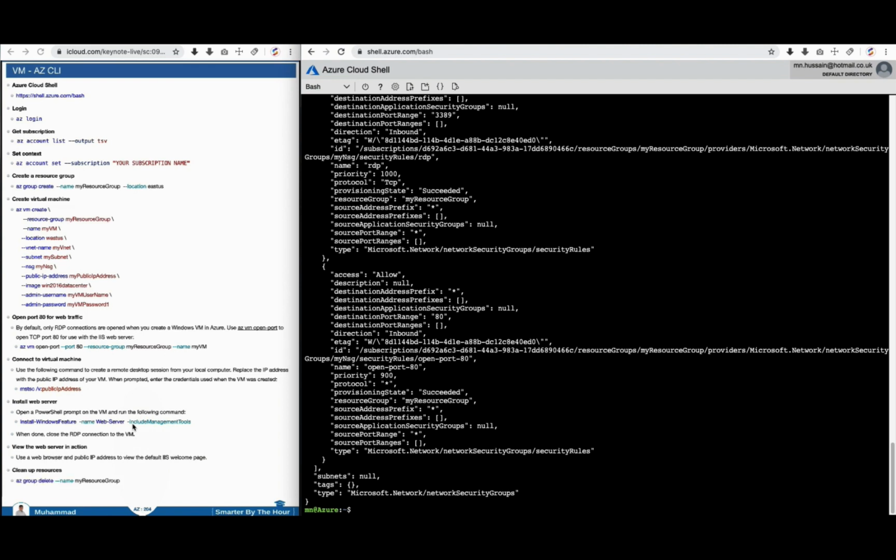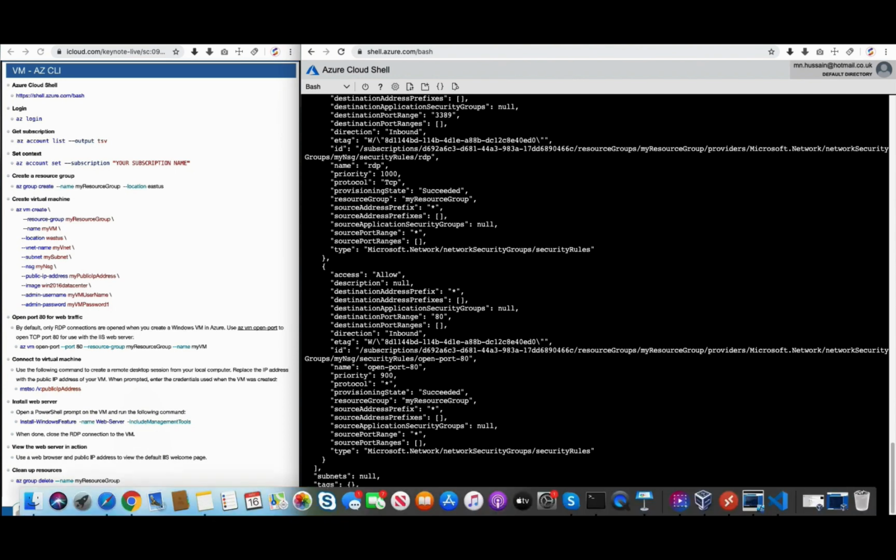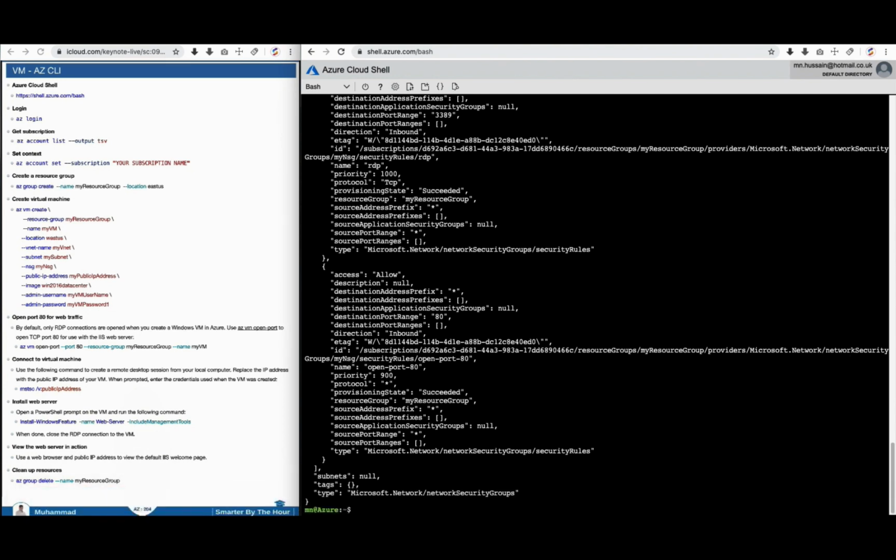The last thing which we did in previous two exercises is cleaning all the resources. So to clean all the resources by using az CLI, what we need to do, we need to delete az group, and when we will delete that group, it will delete all the resources under that group as well. So to delete the group, we can use az group delete command, and we can pass group name to that command, and let's do it